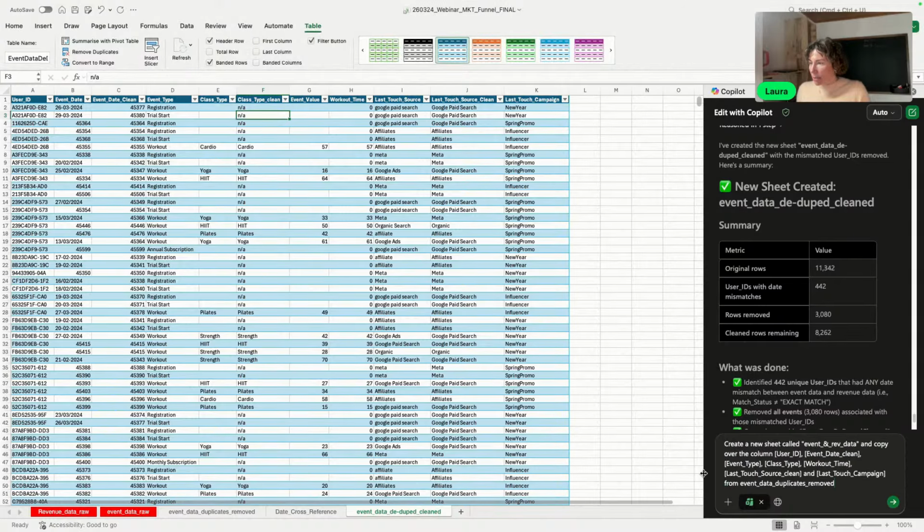So our clean columns, we're going to create another sheet, event and revenue data, and copy over the column user ID, event date cleaned, event type, class type, worker time, last touch source cleaned, and last touch campaign from, and we now renamed it, from data deduped clean. So